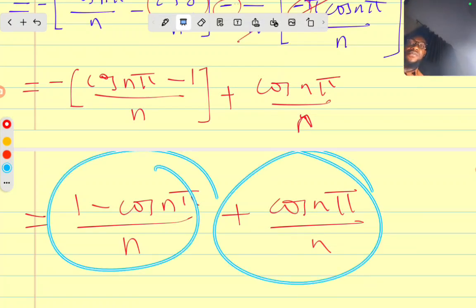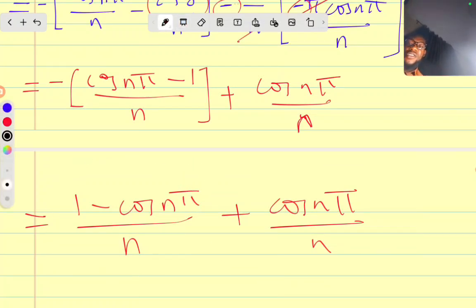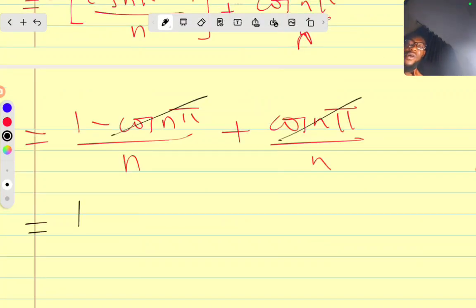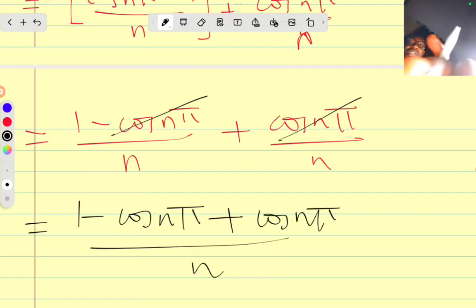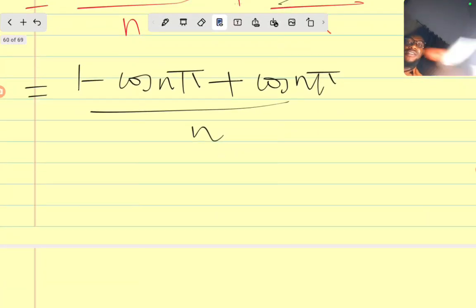So therefore, this cancels this. So what do we have left? We are left with 1 minus cos n pi plus cos n pi all over n, which is the same thing as